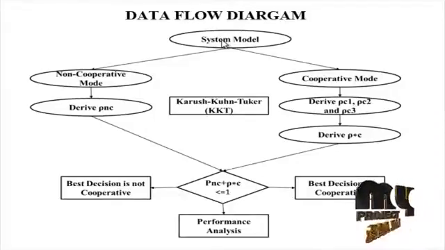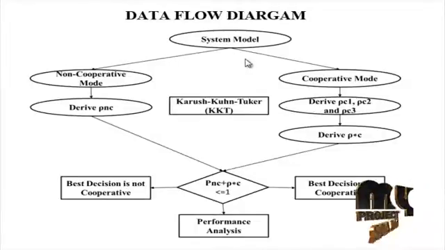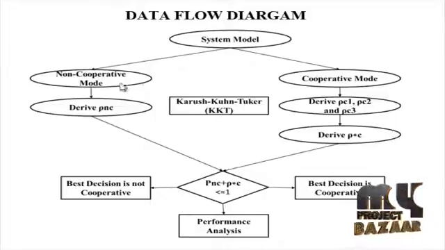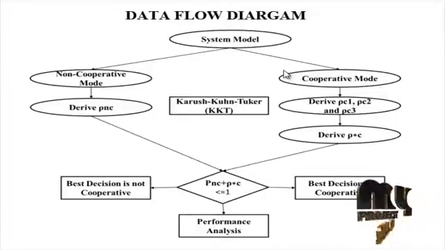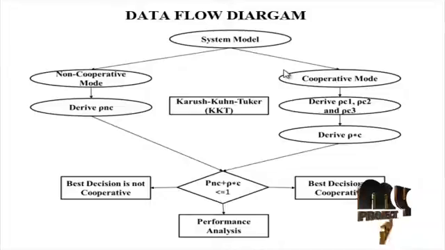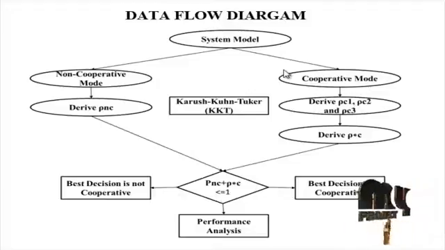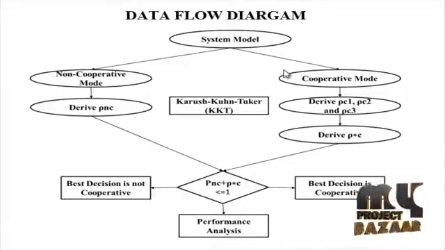This cooperation can take place in several ways, depending on the cooperation protocol being used. In this paper, we assume the cooperative communication between PU and SU follows the decode and forward protocol, which is one of the commonly used protocols. In the DF protocol, the relay first decodes the received signal, re-encodes it, and then transmits it to the destination. Finally, the destination uses both the signals jointly to decode the data.